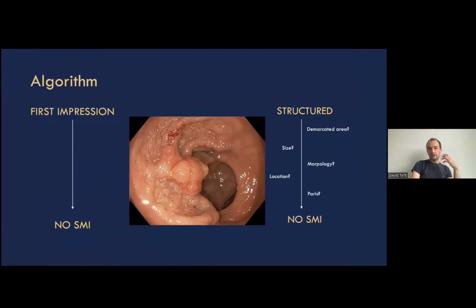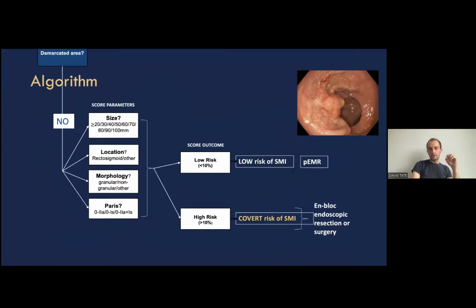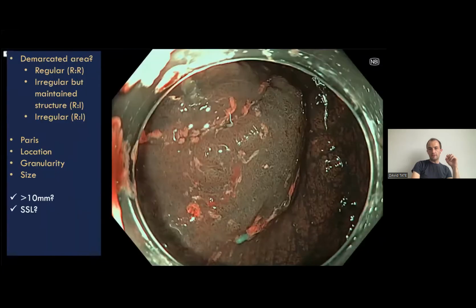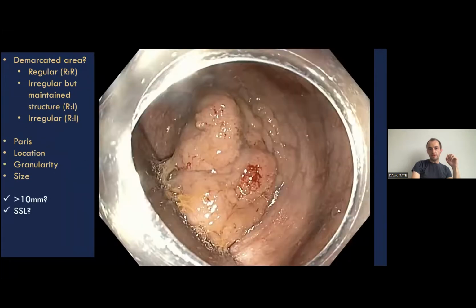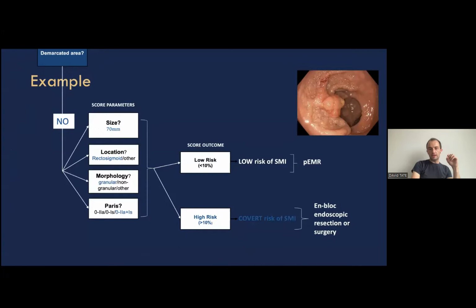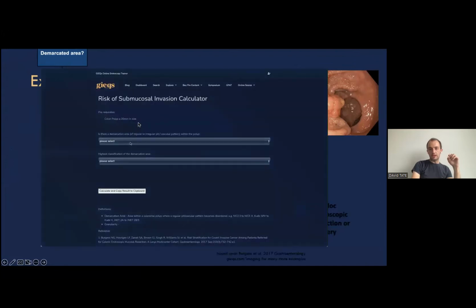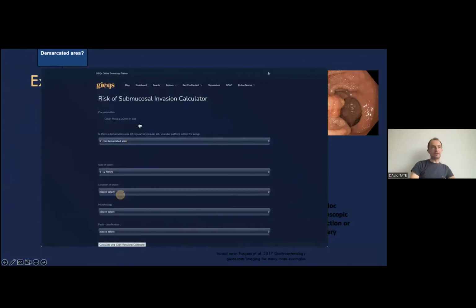This is a little bit our algorithm of how we might get into it, but first of all, we will just take you through the examples. Okay, so we will just come back to that, but to impress upon you that some of these things here can definitely change the risk of cancer within a polyp if you don't find a demarcated area. And while we're doing the examples that we're about to come to, because I really want to make this interactive, then you can follow along yourself.